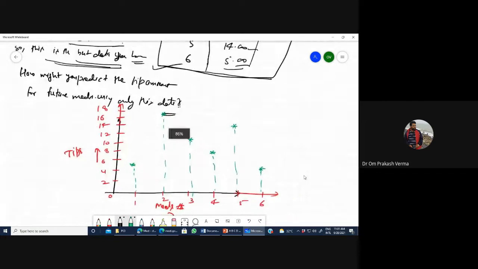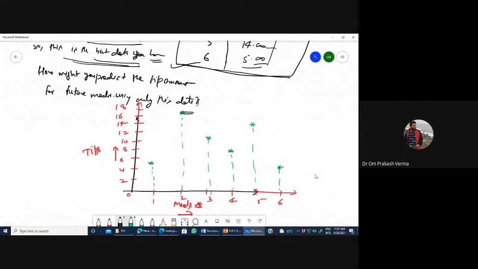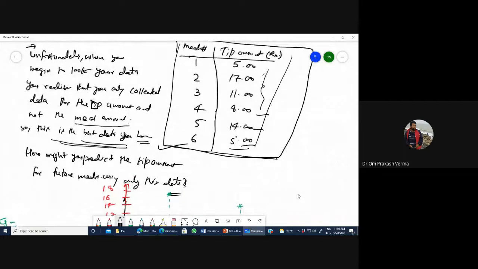Now you want to find out the best fitted data. You are going to fit this data. So try to find out the mean value. What is the mean value of this data? We have 6 experiments or 6 meals.